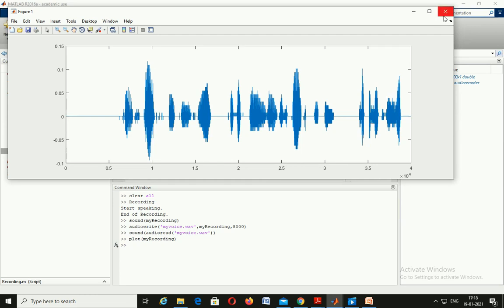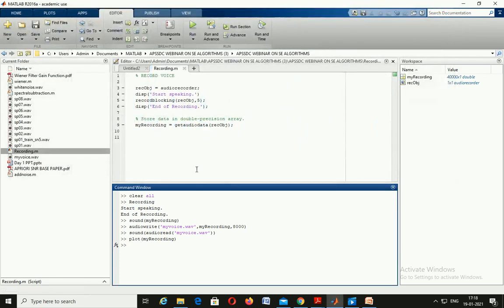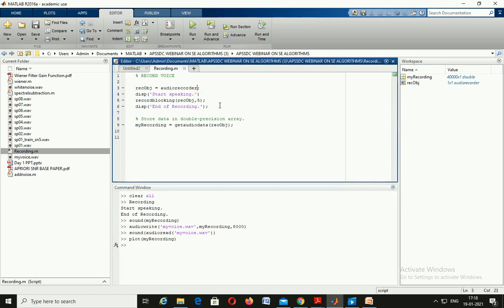So suppose I want to improve the quality, it means I have to record with a high sampling frequency, right? You know that one. So for that, in this audio recorder, I am going to record at 16,000. Previously 8,000. Here I am increasing that to 16,000 samples, right? And each sample has 16 bits for representing the quantization level, and one channel, single channel, I am writing here. That is, it is going to record my voice with 16,000 samples per second.